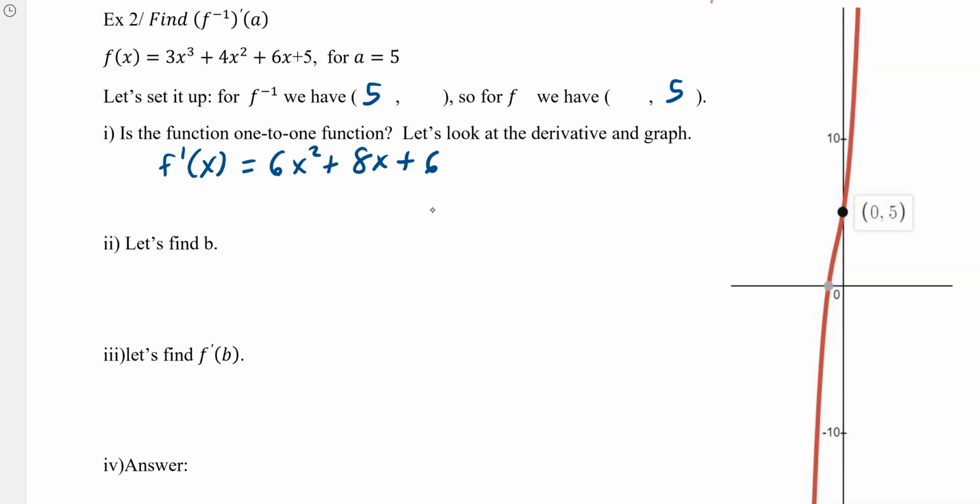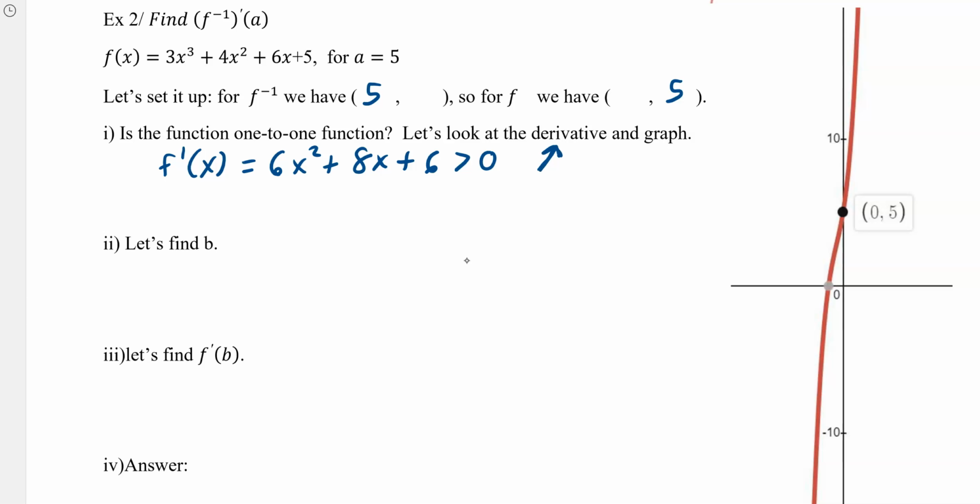We're going to have to do this anyways, because we're going to have to find b and plug it in the derivative. So it's a good thing to do. Well, what happens here is this is greater than 0. And the way you can tell, it's a parabola. And if you look at the graph of the parabola, it's going to give us something that's above 0, which means